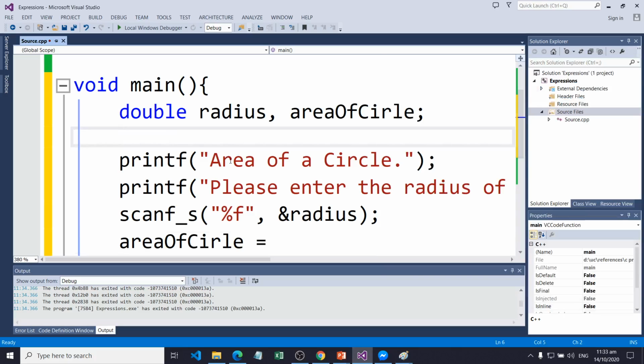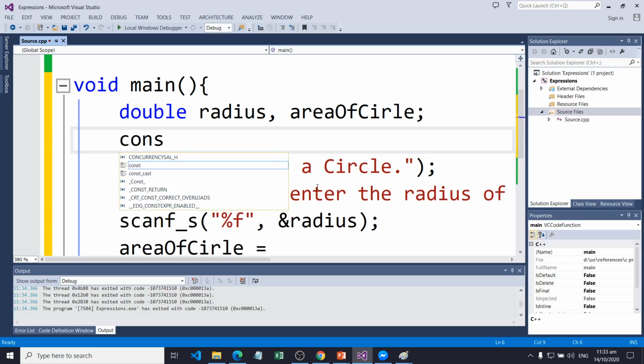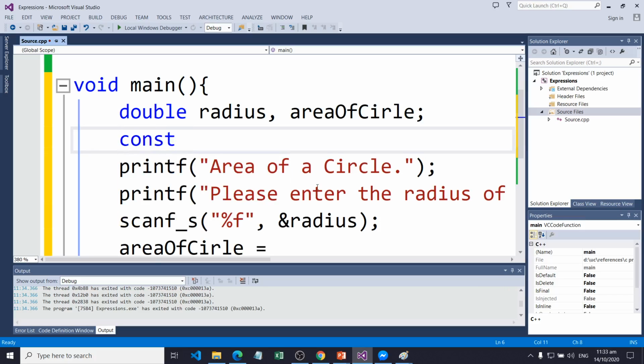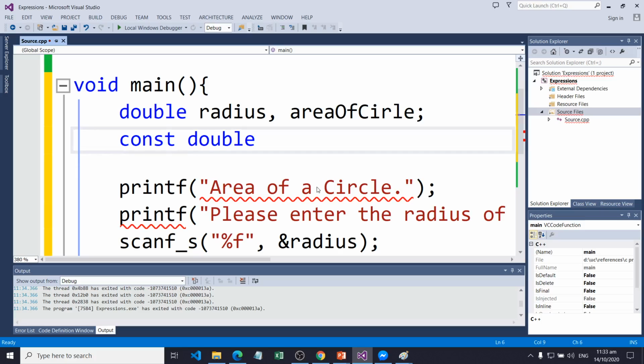Now, since the pi will not be changed, we have to make it constant. So for the constant variable, we have the word const, the data type, which is of type double. Pi is equal to the value 3.1416.